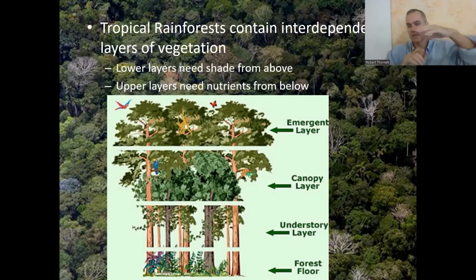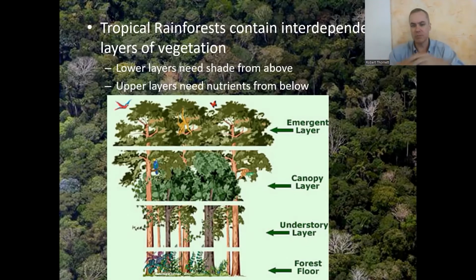The emergents are like, here's the rainforest roof, sort of a canopy, and then occasionally a tree will poke out here, one little tree will poke out there, and those little ones that poke out occasionally are the emergents. This picture makes it look like there's a lot more emergents than you usually see. There's just occasional trees that happen to poke out seeking sunlight, like a random outlier that pokes out from the rest. But the big layer on top is called the canopy layer.